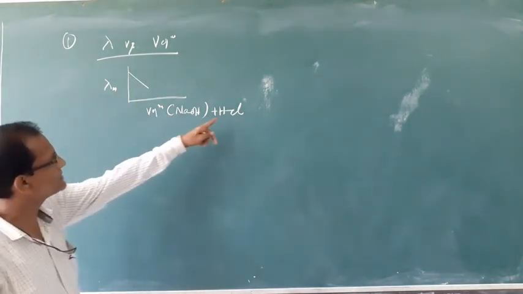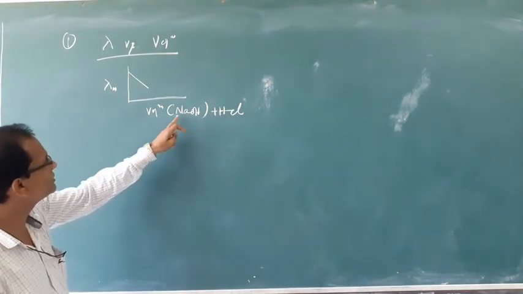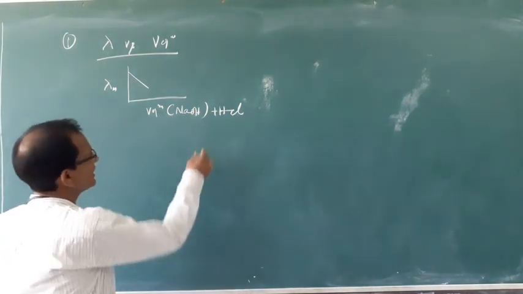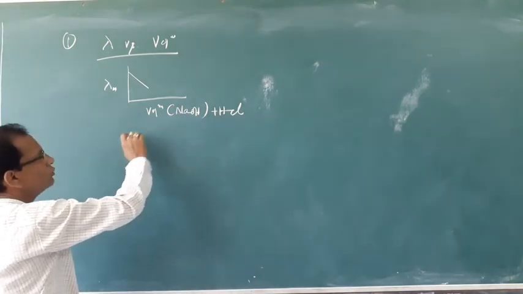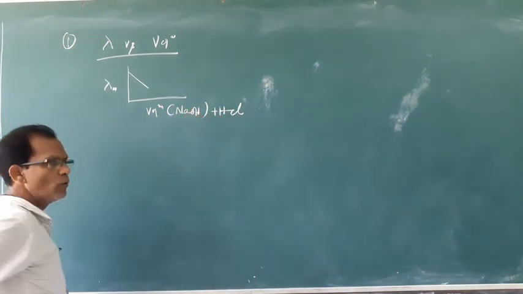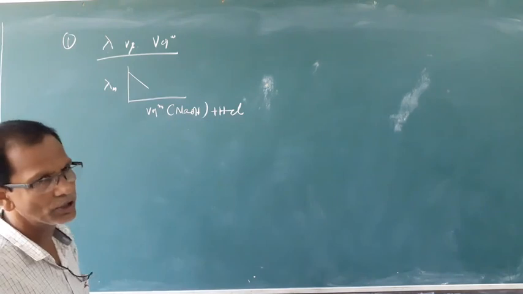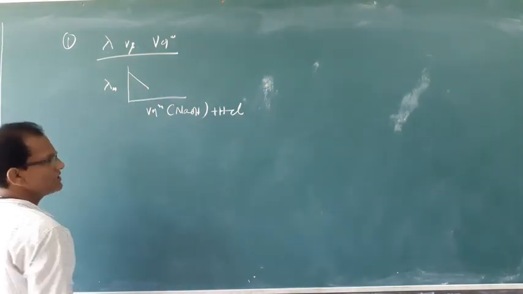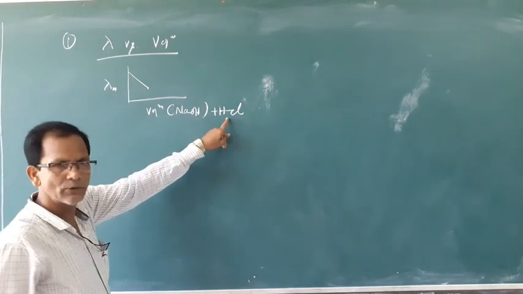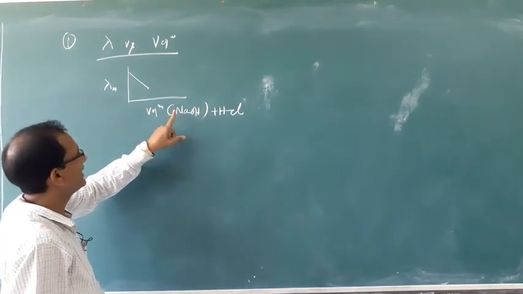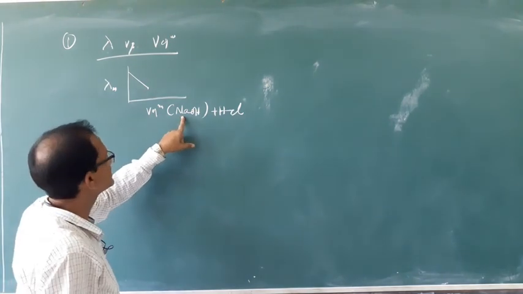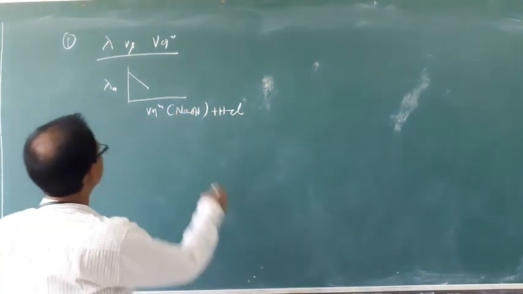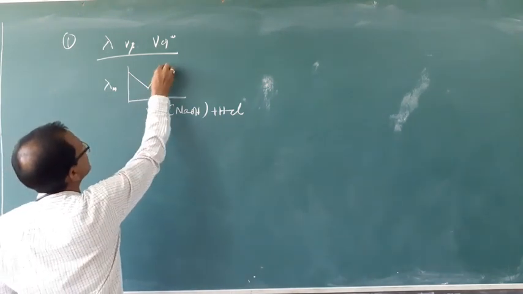Why? Because HCl reacts with NaOH forming the water molecule. So the conductance of H plus ion in the solution will be decreased by OH minus by forming undissociated water molecule. So at this point it is a neutralization point. When all HCl is consumed, then extra NaOH, as it is a strong electrolyte, the conductance will again be increasing.